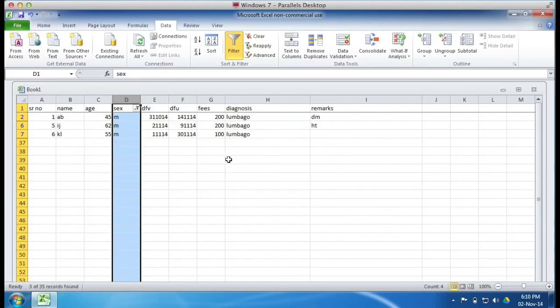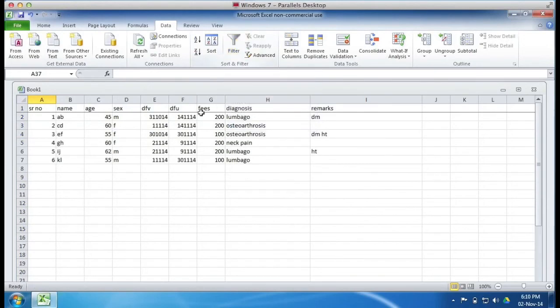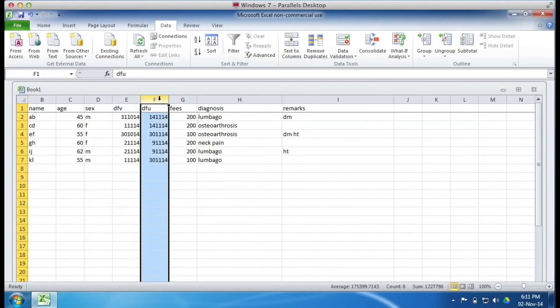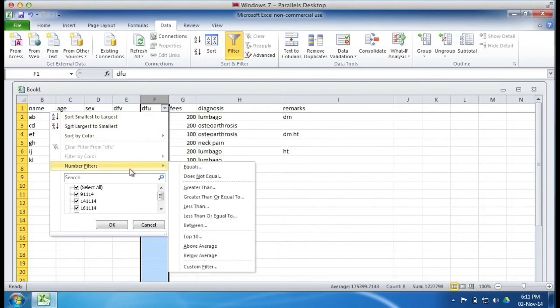I often use it, say, to see how many patients I have given appointments, the follow-up date. So I just deselect this, click on filter, I got it. Now say we want to see how many patients are coming on 14th of November. Now here we can see, the F column is for the follow-up date. Then we go on to filter, we get an arrow, drop down. Here we have all entries in the form of numbers, so we get a number filter.